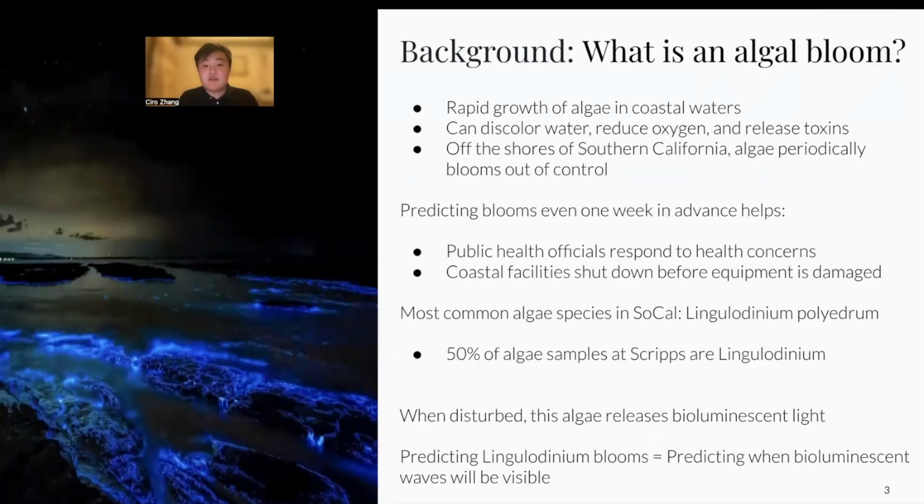So, what is an algae bloom? Well, algae blooms are basically rapid growths of algae in the coastal waters, and they can discolor water, reduce oxygen, and release toxins. For example, off the coast of California, these algae periodically bloom completely out of control. Now, predicting these one week in advance is very important because it helps public officials respond to the health concerns caused by the algae, and it also tells coastal facilities to shut down equipment before it is damaged